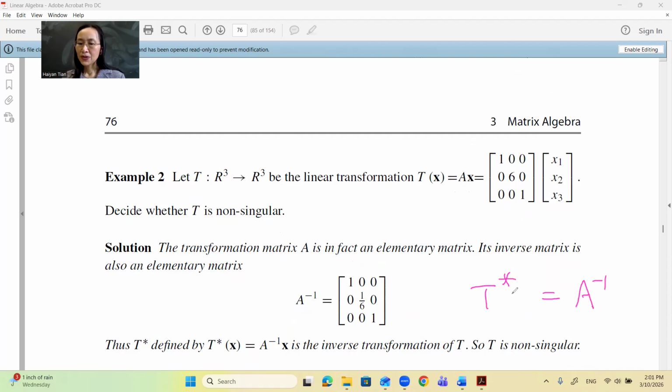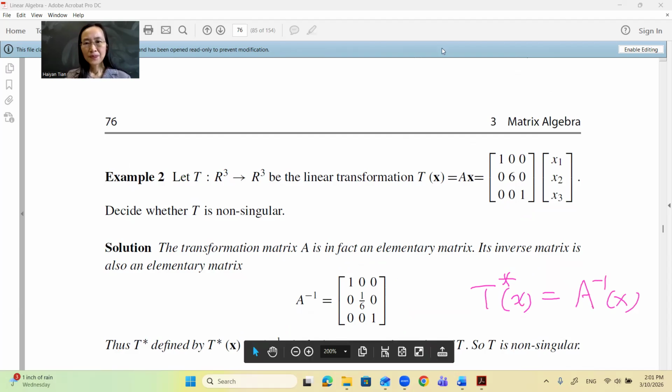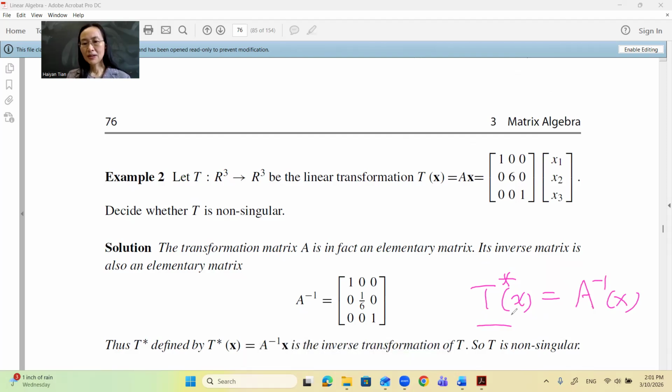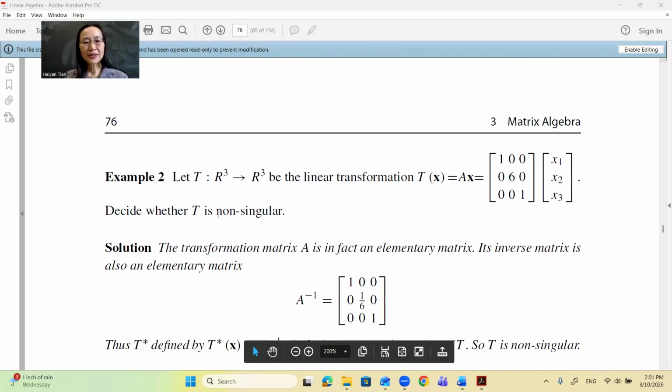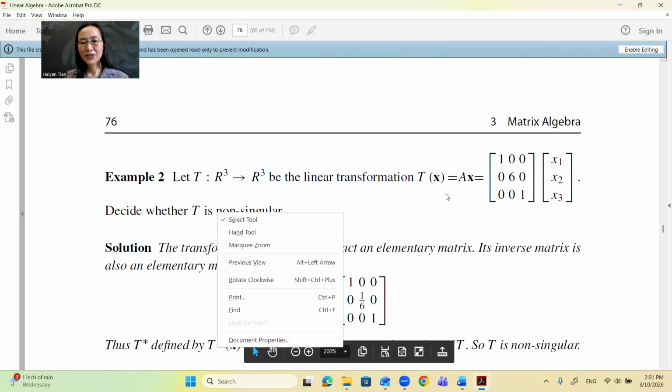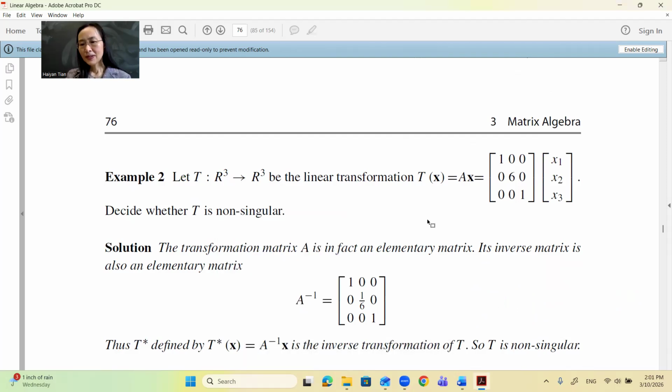For any X, this is the T star defined by A inverse. So there is the T star such that T star times T is identity. T times T star is also an identity mapping. So therefore, it is non-singular. So this A is non-singular. So let's look at